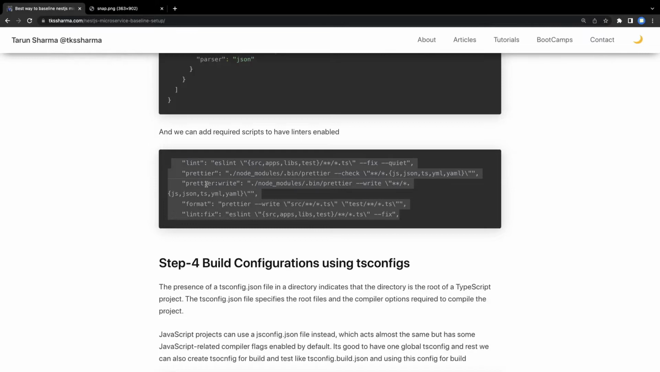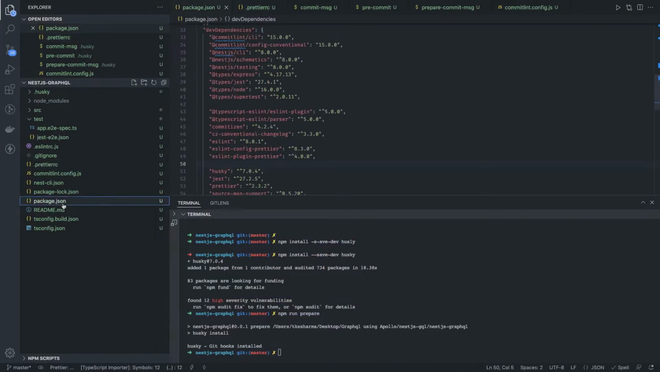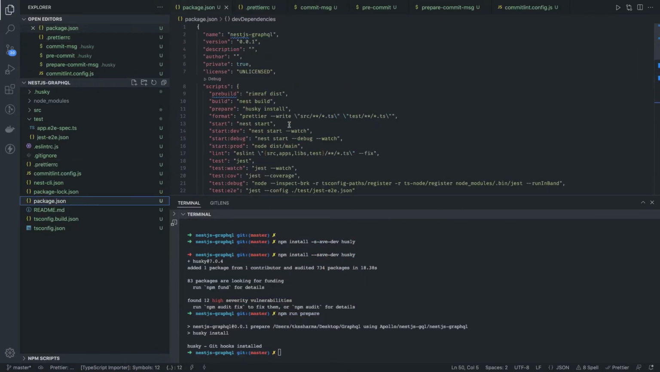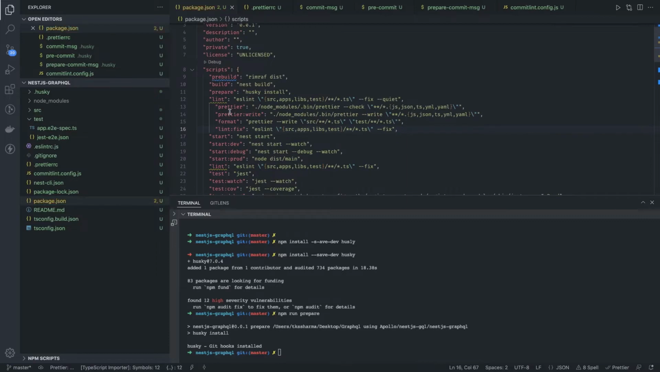npm scripts. What these are doing: npm run lint, npm run prettier, npm run prettier write, npm run format, npm run lint fix. These are something which we will need while writing the code every time, like prettier write, prettier format, and all these things. I think some of these we might already have, like the format. So what we will do is we will put our stuff, and this looks nice now, and we can execute